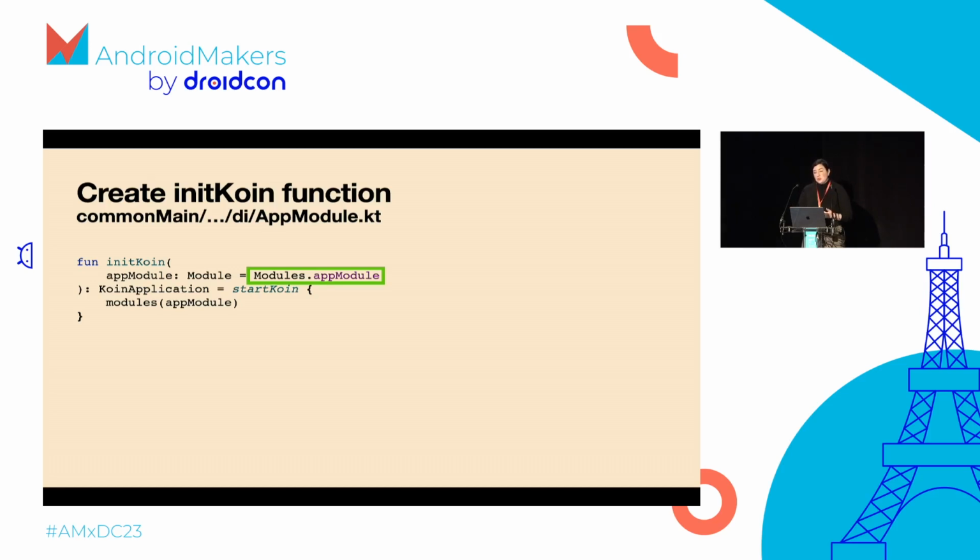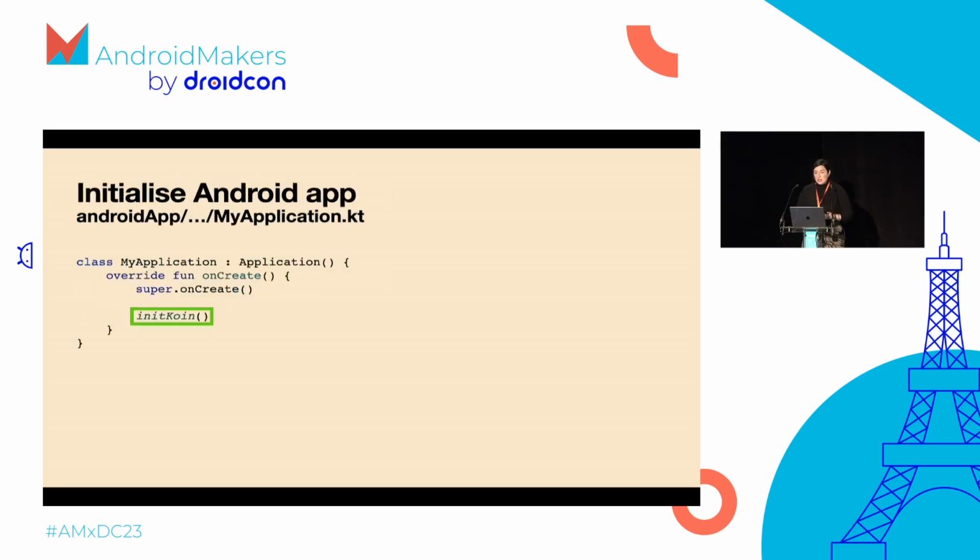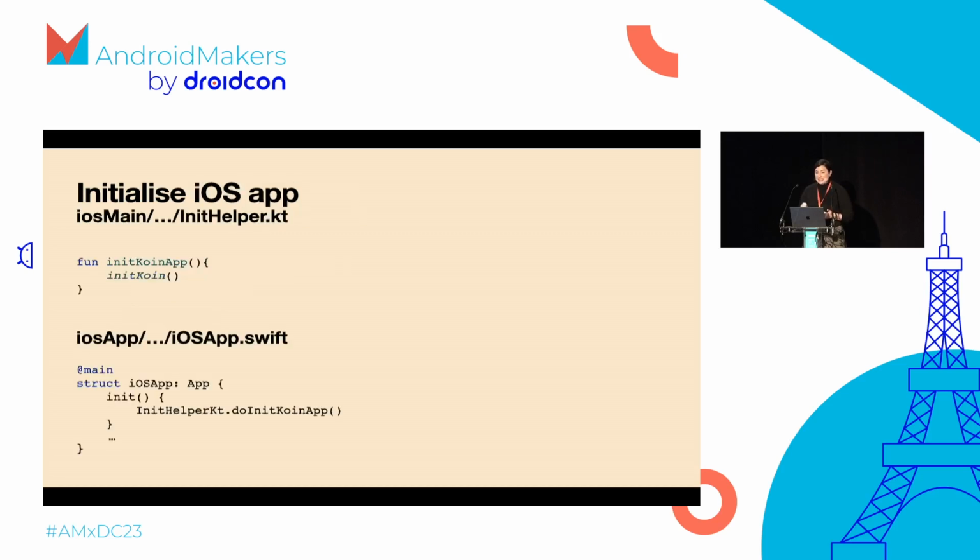So now we need to call this function in the right part of our Android and iOS applications' lifecycles. So that's on app start, so that all the dependencies are available right from the beginning. For Android, this is pretty easy. We call it directly from the onCreate function for the application, but for iOS, there's a little Swift interop problem. This is because Kotlin default arguments can't be used from Swift directly, but there is